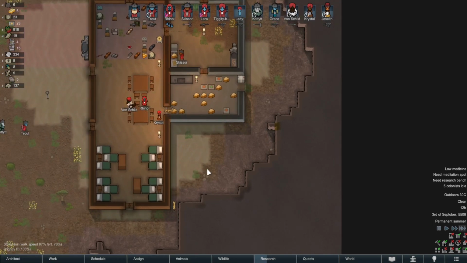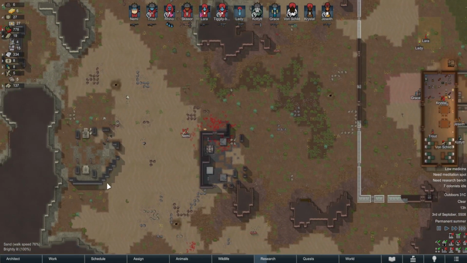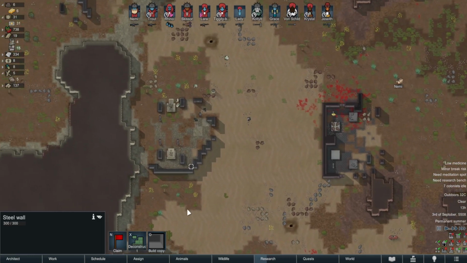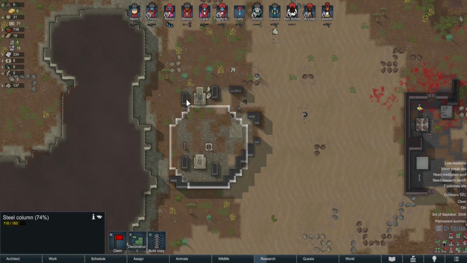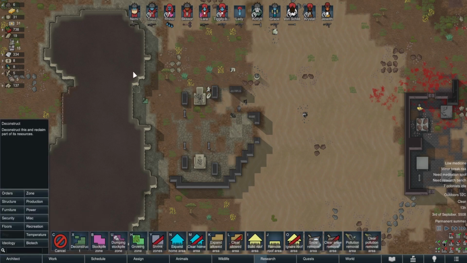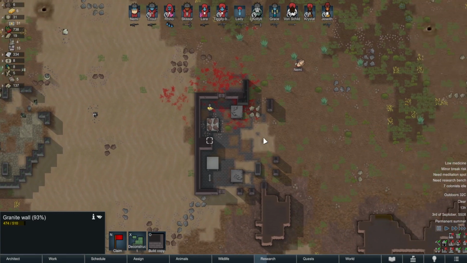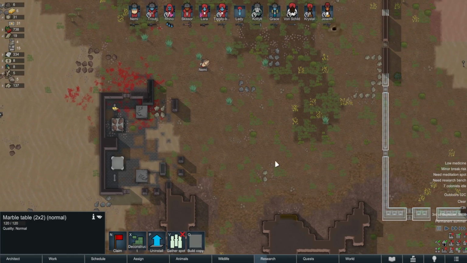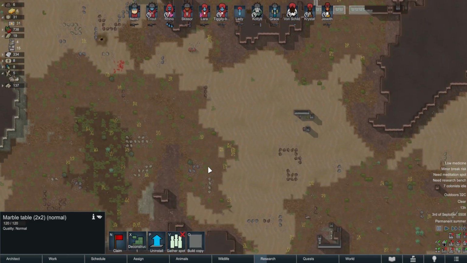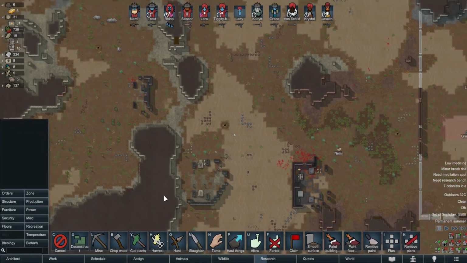No, we're taking this respectfully. Hunting's getting done. So, pause, these are all steel walls. So these, steel, limestone. So deconstruct all of that apart from the limestone. That's granite, marble. Could have just reinstalled some of these chairs and tables and whatnot. A bit silly of me, but not the worst thing I'm ever going to do in a RimWorld playthrough, let's